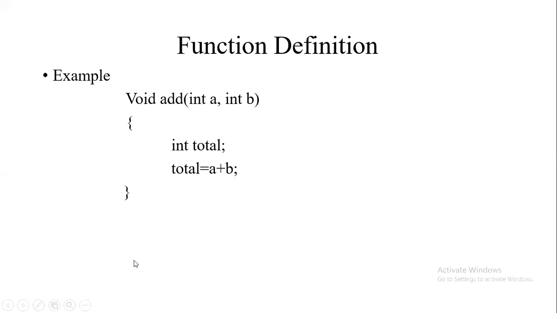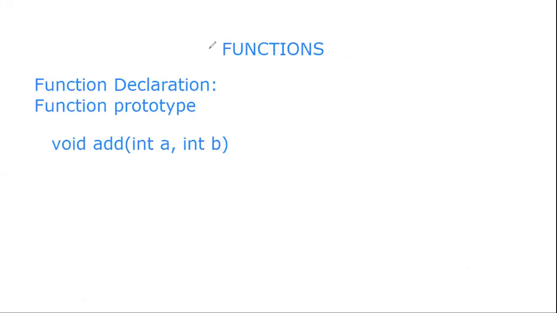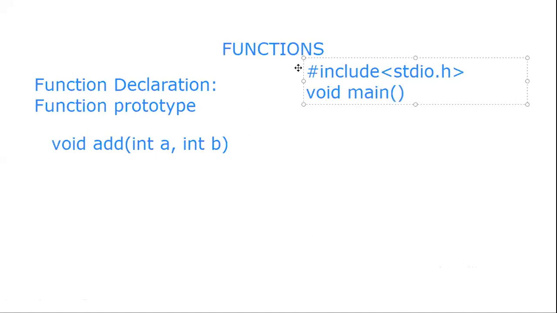The first way is that we define the function and then we write the main. So if we have a program, how will we write this? Say we want to add. Usually when we have a program, we first write hash include, so we include the header file stdio.h, and next we usually write void main, and then we have the main function. This is the basic program, whatever program we want to write. Now we have one more function here, and we want to include it in this.